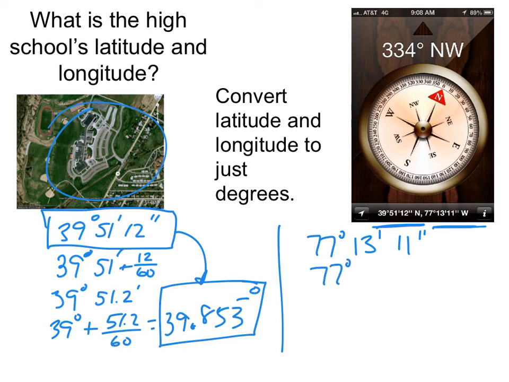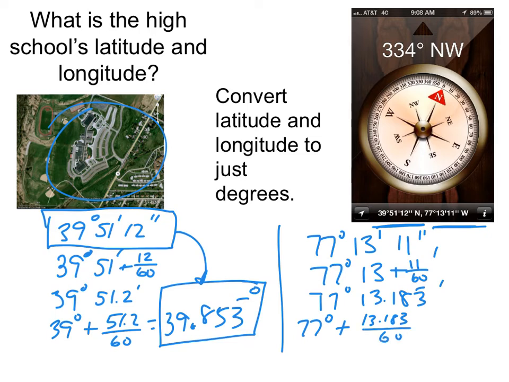So 77 degrees, 13 plus 11/60 minutes. That's a pretty ugly number. So it's 77 degrees, 13.183 repeat minutes. Now I'm going to take that and add 13.183 divided by 60. Add that to 77, and I get